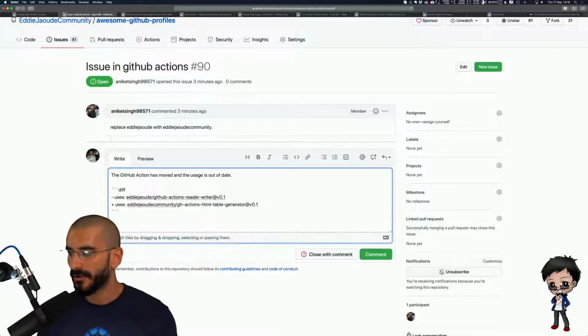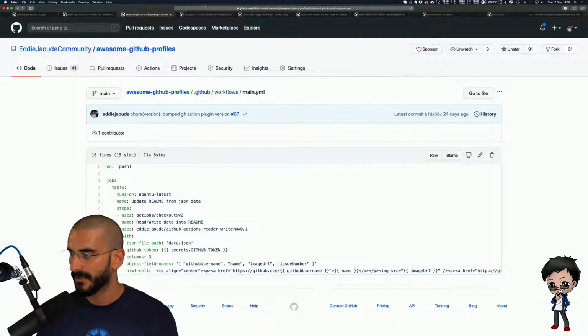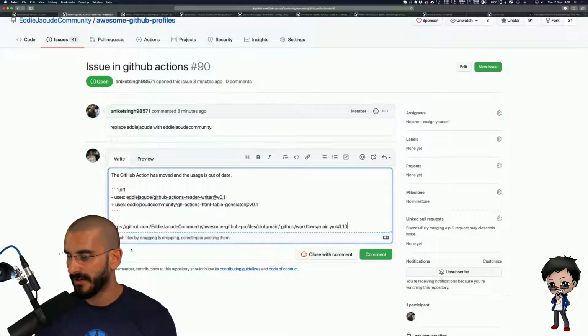And that would also include a link to the file as well. So I'll include a link to it. And you can click on, I don't know if you know this, but you can actually click on the numbers on the side, and it automatically puts it in the URL, so you can grab that and you can grab a link.